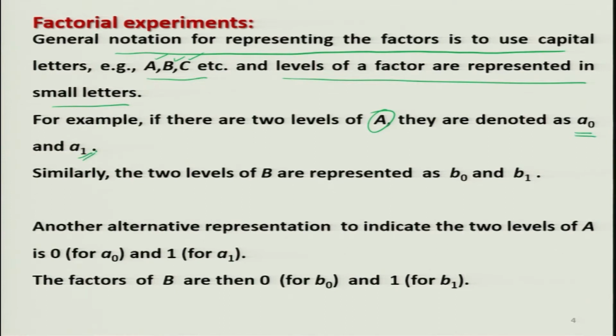Similarly, if the factor B has 2 levels, then they are indicated by B0 and B1. And an alternative representation is that this A0 and A1 can be represented by 0 and 1 also. And similarly, the levels of B then become 0 for B0 and 1 for B1,